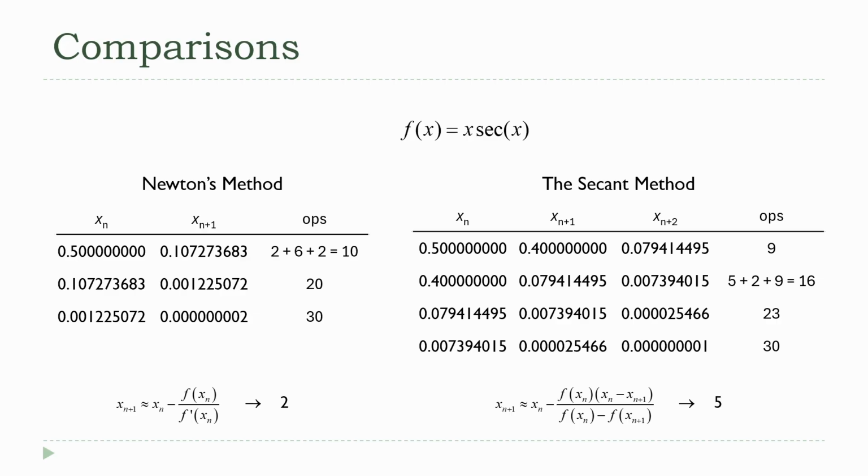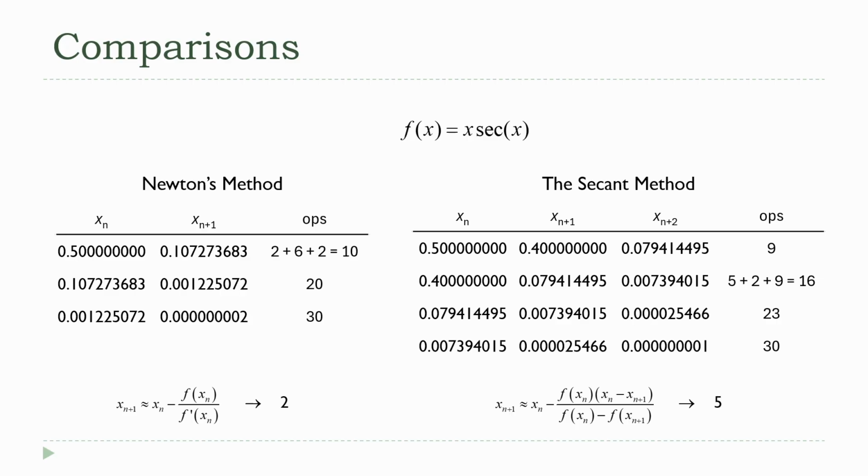So we take the 5 for the formula, 2 for that 1 function call, 9 from the previous step because we're doing this cumulatively, and we get 16. And now we're going up by 7 with each pass through the algorithm. So you can